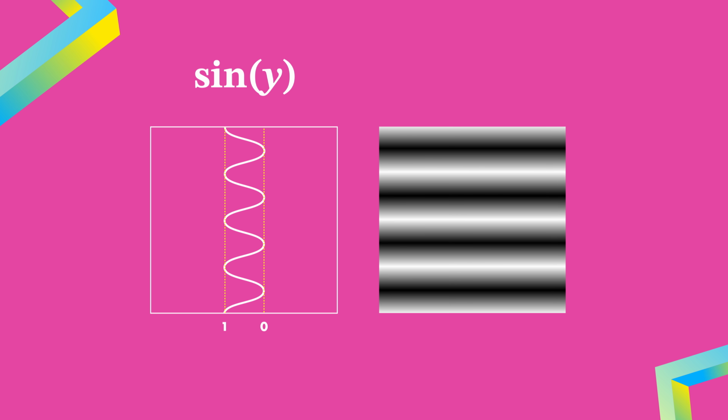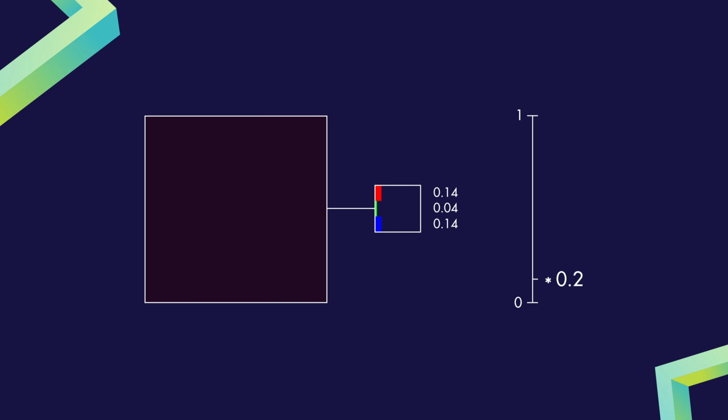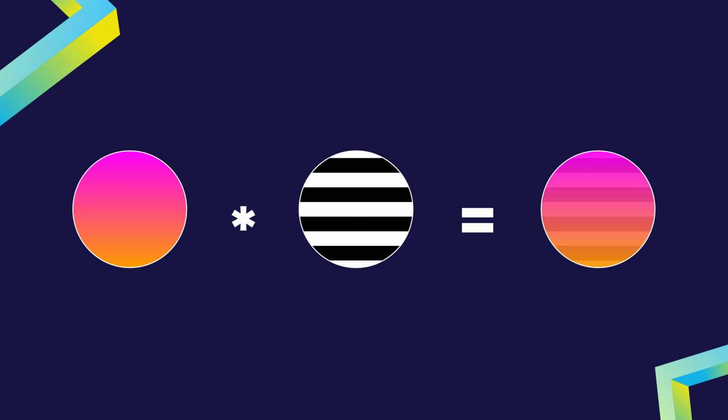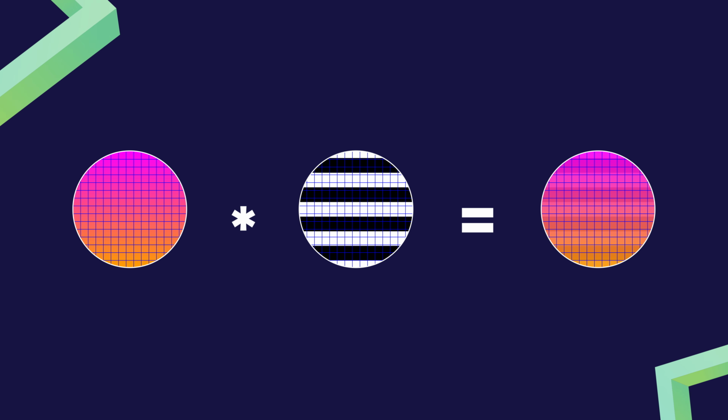Now that we've created both the gradient and the line pattern, we can combine them for the final effect. The key idea here is that multiplying a color by a value between 0 and 1 controls its brightness. 1 leaves it unchanged, while values closer to 0 darken it. In this case, we multiply the gradient color by the value from the line pattern for each pixel. The gradient sets the base color, and the pattern determines how much of it gets darkened. By doing this, we essentially layer the two effects.